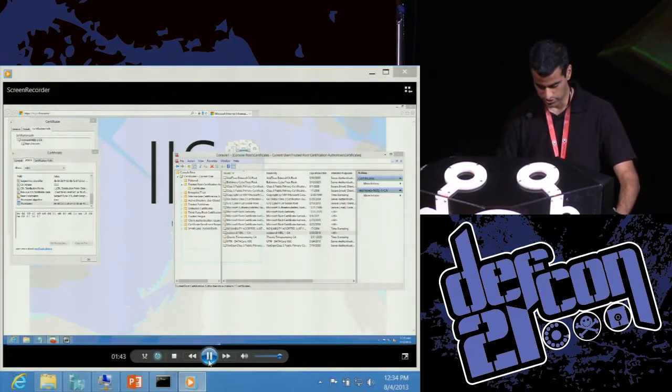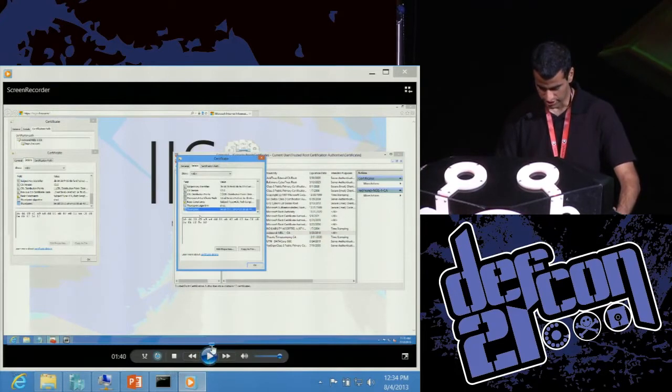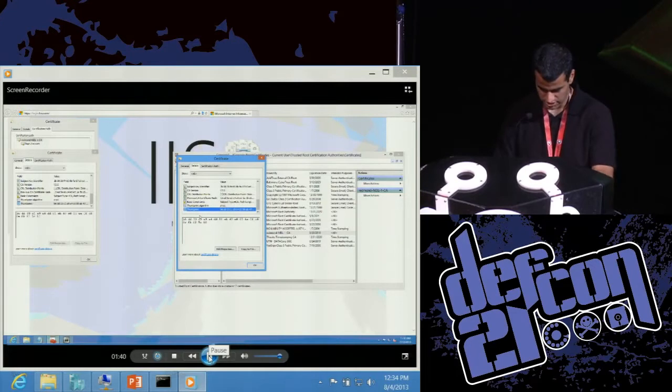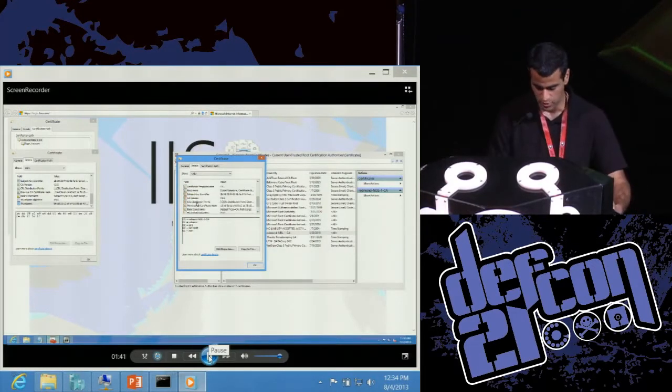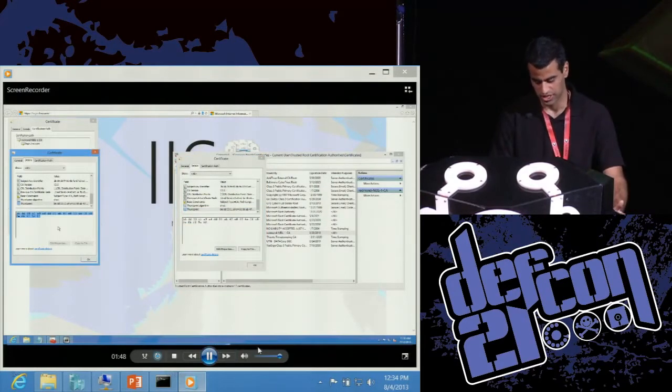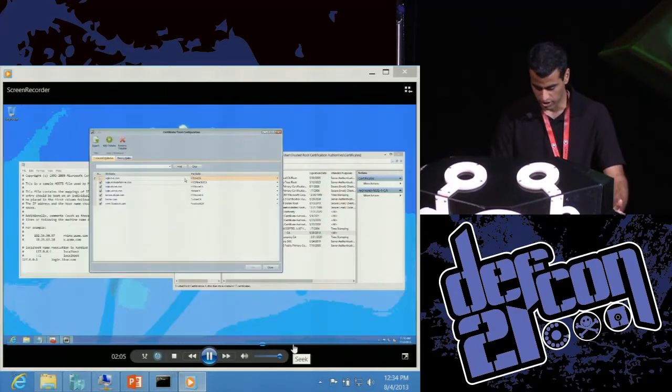So this is just to prove to you guys I'm not lying. Here. Okay, so you see the MMC that's open, or you might not be able to see, I don't know. The MMC that's open, that is a certificate that I generated, and it was a root that I generated. So it was not correct. Okay, now the cool part. So now when we enable the login.live.com rule, as you can see there,